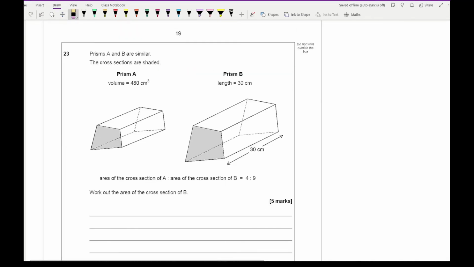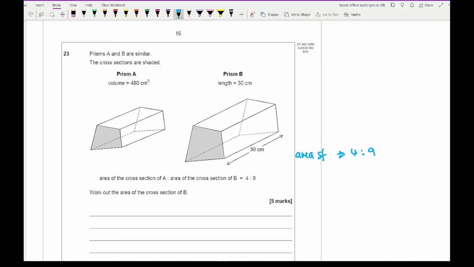So looking at question 23, it says prism A and B are similar. The cross-sectional areas are shaded, and we've got prism A, which has a volume of 480, and prism B, which has a length of 30. Now the area of the cross-section of A is in the ratio to the area of the cross-section of B of 4 to 9, and the question is asking us to work out the area of the cross-section of B. Now for this, what we need to first do is, if the area scale factors are 4